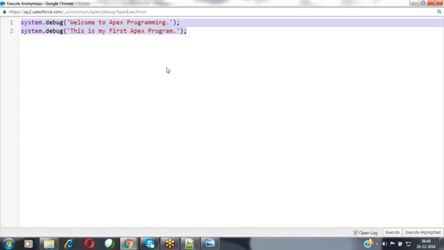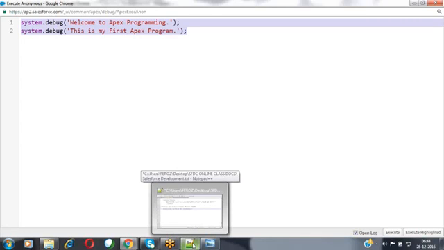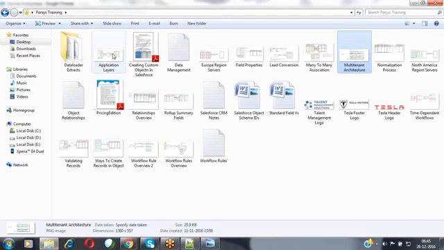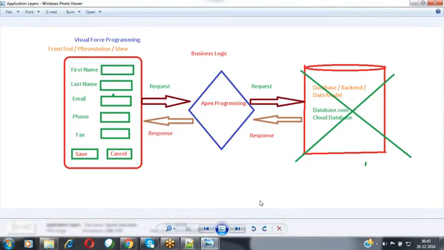Feroz, what is the difference between Visualforce and this execute window? See, Apex classes are used to implement the business logic. For example, assume that this is my application. For every application, you will have three layers. One is the backend part, the database part, where my data resides. In order to create records inside the table, to modify, to delete and so on, we need to create some graphical user interface.